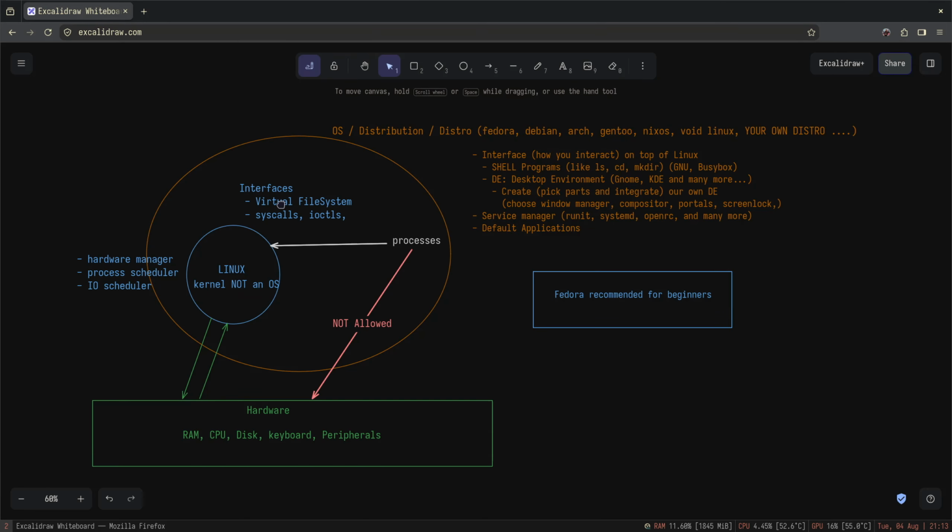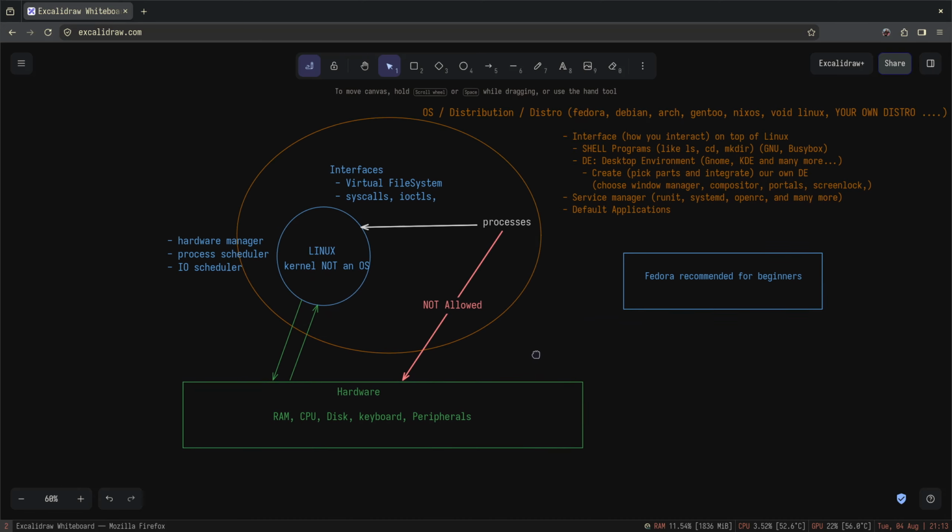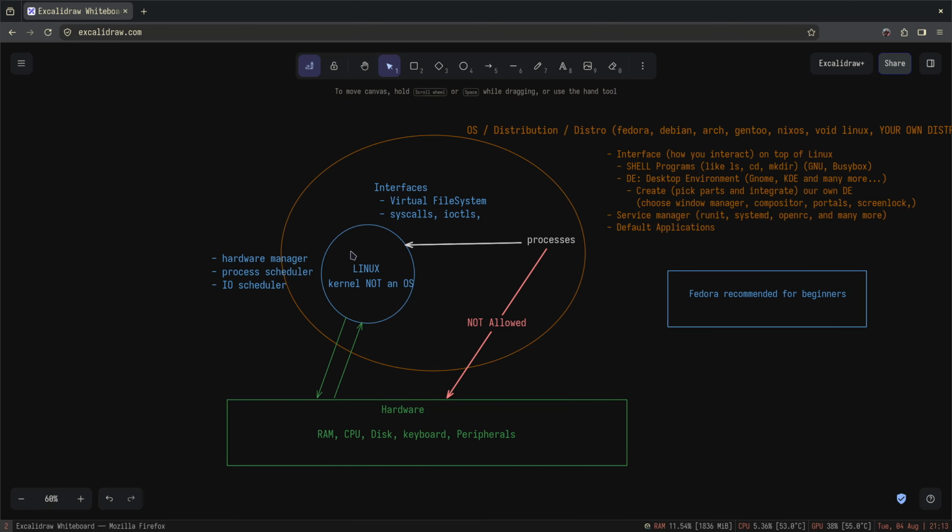You can say it's the simplest interface to actually speak with the kernel to control the hardware through Linux. Because as we know, Linux is the kernel. It manages the hardware for us. It manages the processes for us, and it allows